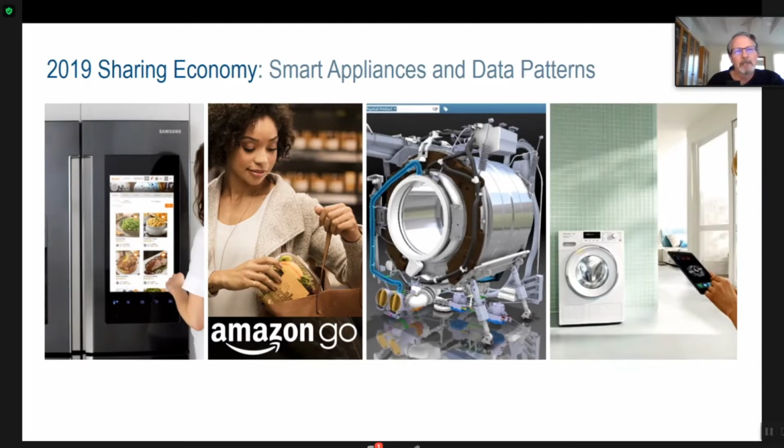You're able to see if you're going to prepare a certain menu, if you've got what you need. Some of these will barcode scan or weigh when things go in. Some rely on cameras inside, but there are variations about collecting information about your appliance and the relationship of your information in your appliance to your phone or portable device.